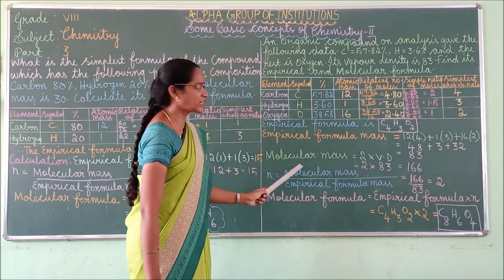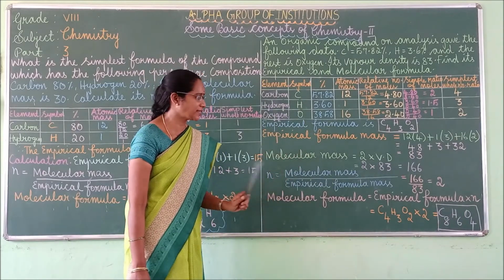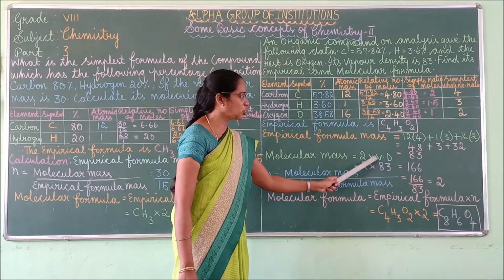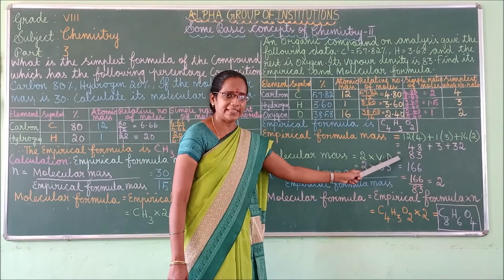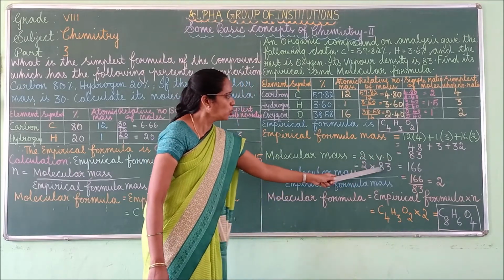Next step, what do you have to do? You have to find out the molecular mass. So molecular mass is equal to 2 into vapor density. Okay, 2 into vapor density. So 2, what is the vapor